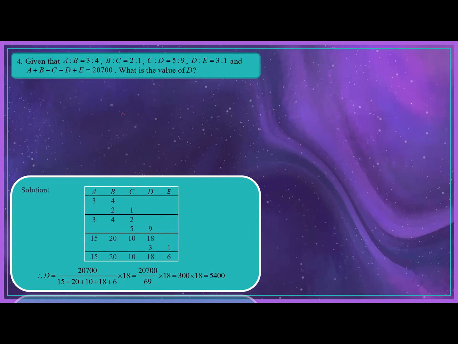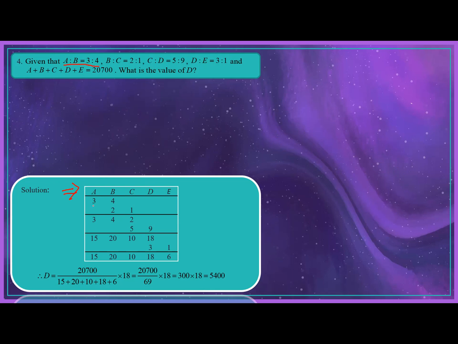Okay, so there are different ways to solve this, but here I want to show basically the elementary way of solving this kind of problem. So basically you're making a table so that your solution will be clear. Okay, so now first you do is write the variables here at the top. Okay, A, B, C, D, E, and put in the ratios of each